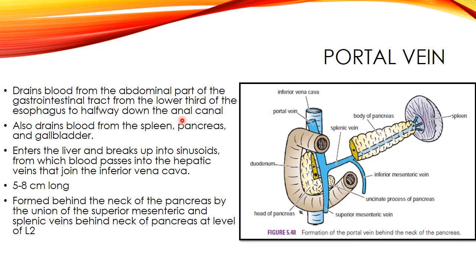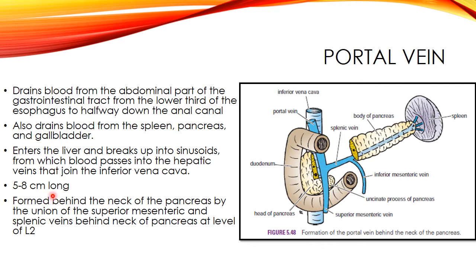It also drains the accessory structures present in the abdomen, such as the spleen, the pancreas, and the gallbladder. The portal vein finally enters the liver and breaks up into different branches. It divides into two major branches, which then break up into sinusoids in the liver. The blood from these sinusoids then goes to the hepatic veins. These hepatic veins then join the systemic circulation, in the form of the inferior vena cava. So the portal vein basically represents a transit system through which all of the blood from the GI tract communicates through the liver